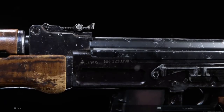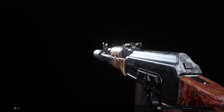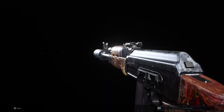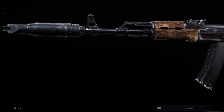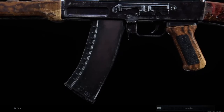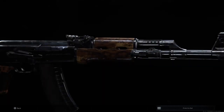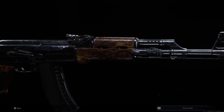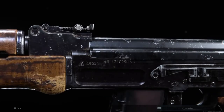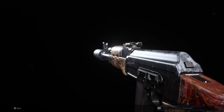So it's been in service ever since it was introduced in 1974 to now, and it's been in countless wars ever since. The AK-74M was designed in 1991, and that uses the milled receivers, and I think it's, is it stamped or is it milled? No, the M doesn't stand for milled. It's because it's stamped. Okay. Tangent aside,